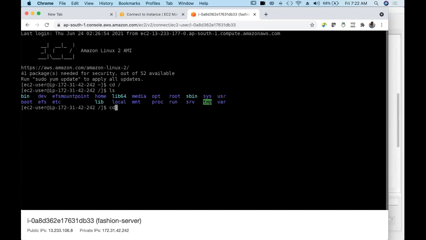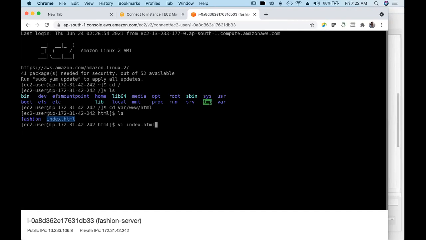Here. So cd, say html. I am here, ls. I have the fashion folder and the index.html page. This is my default index.html. So what I can do, let me edit this.